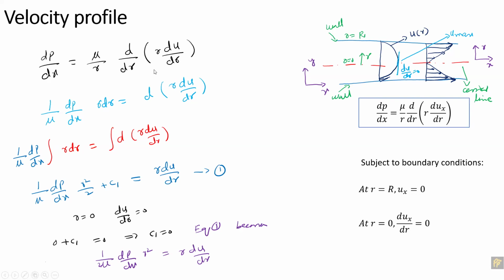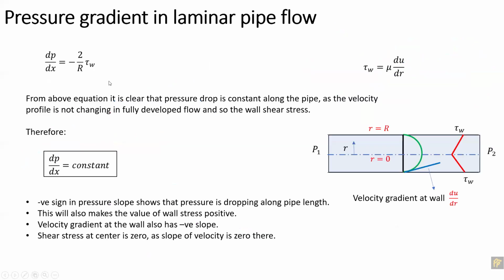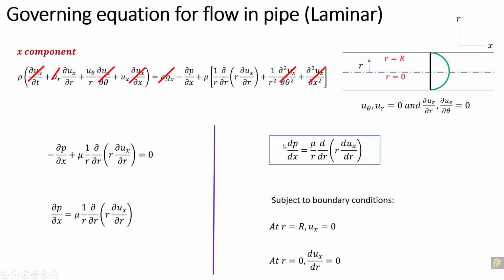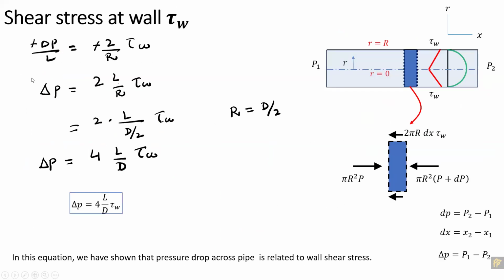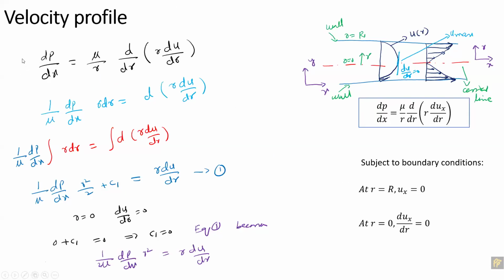Now you can go through these nodes. If you want, I can actually drive also on some extra sheet of the screen. But this is like we have the pressure gradient equation, which is from this equation. So if we take out this equation from here and put over here, you can see that